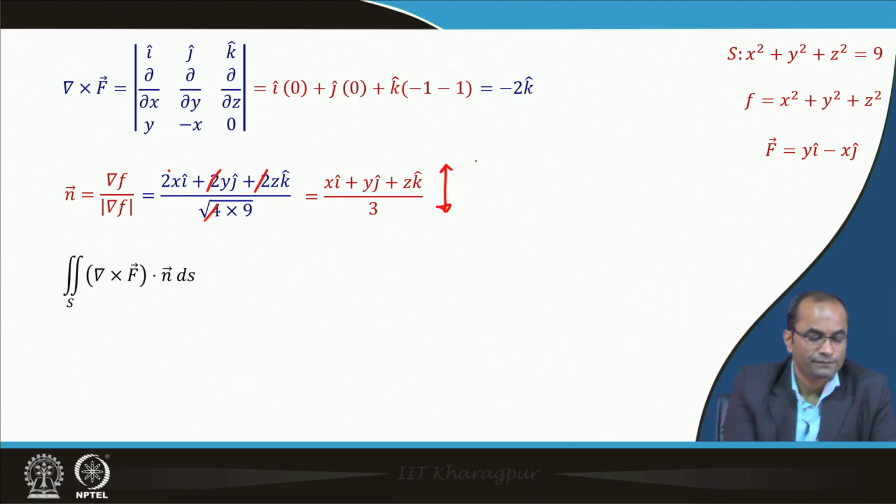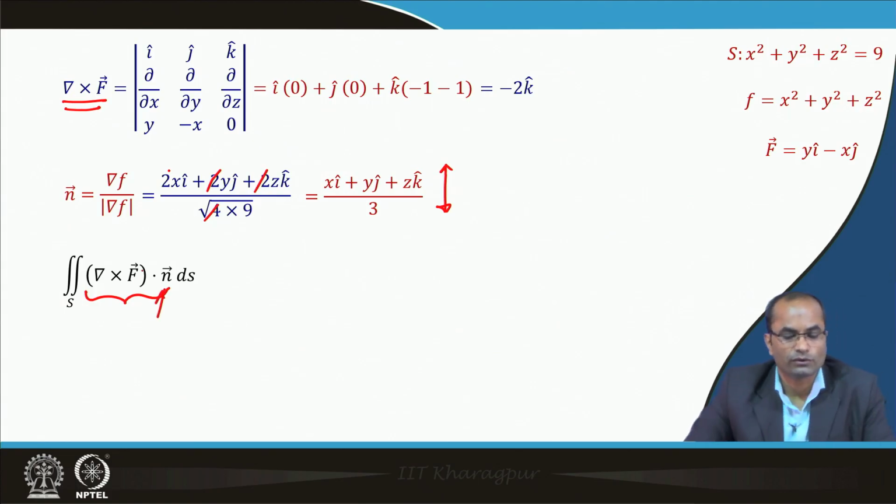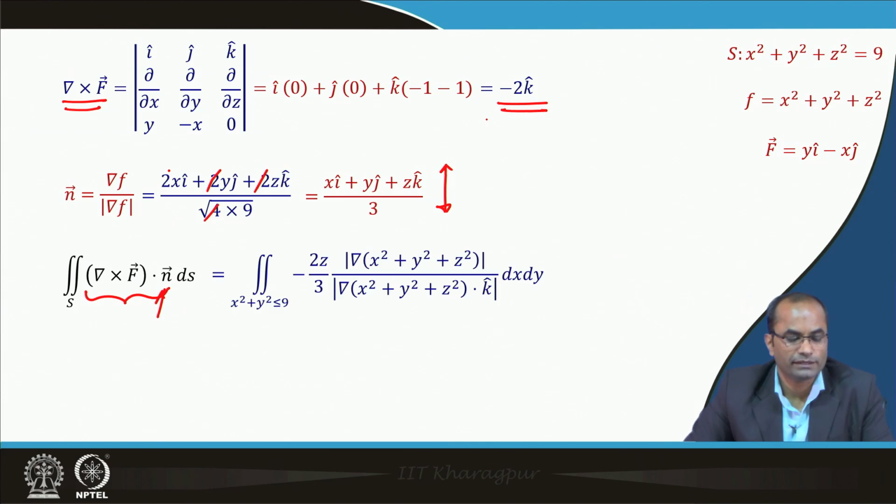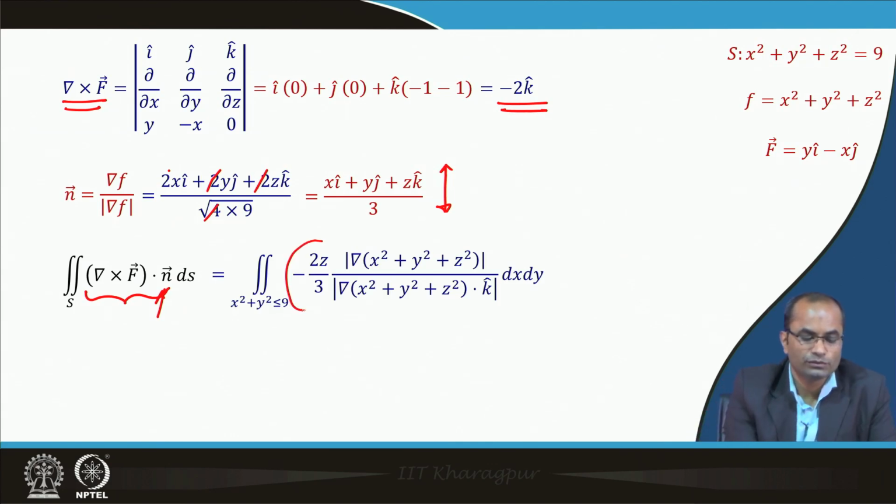This is the unit normal vector at any point of the surface of this hemisphere. Then we need to get this surface integral. So, we know this already, del cross f, we know the n. So, we can get this dot product. So, there is only the k factor there. So, this will be just z by 3 and with the minus 2. So, minus 2z by 3, this is the result of this integrand, and then for ds we need to